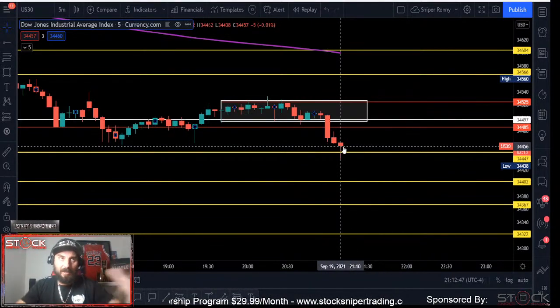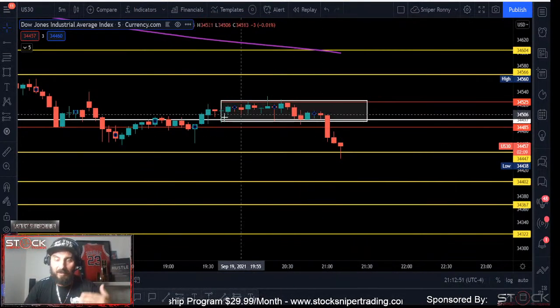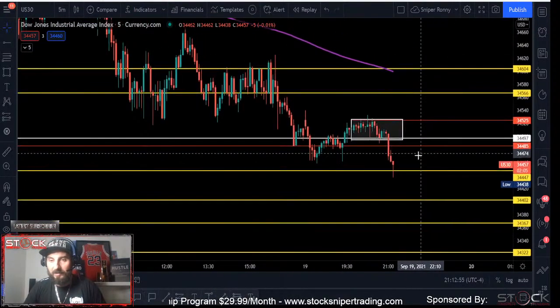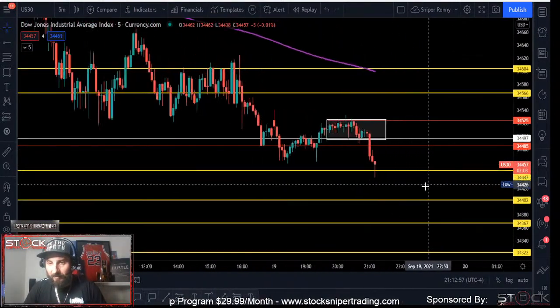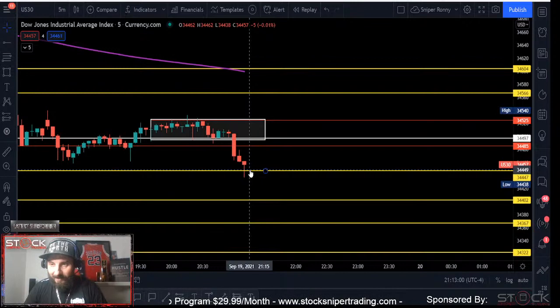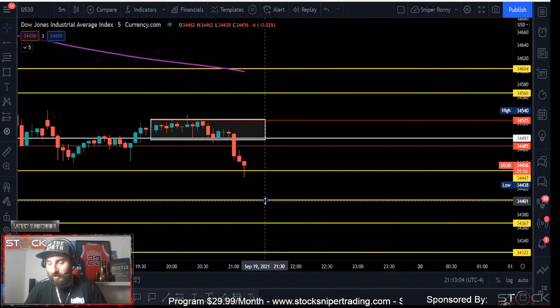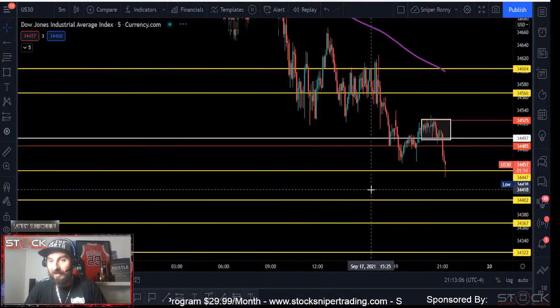And you see how we kind of analyzed that, where that daily candle was coming down to a key daily level, and then we just go to a lower time frame, we can get in. Now if you're continuing to trade the US 30, you're looking for critical levels. So these yellow lines are my daily areas. So we need volume to come back down, close below here, and maybe we can push down to our next daily zone. But before we get down to that daily zone,